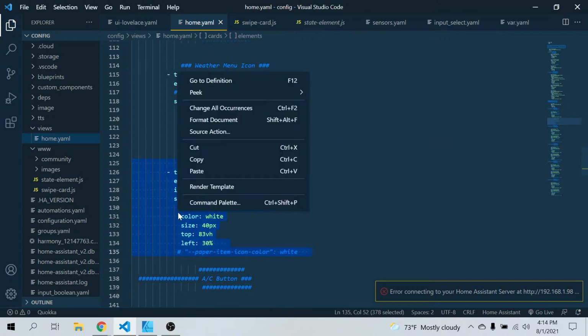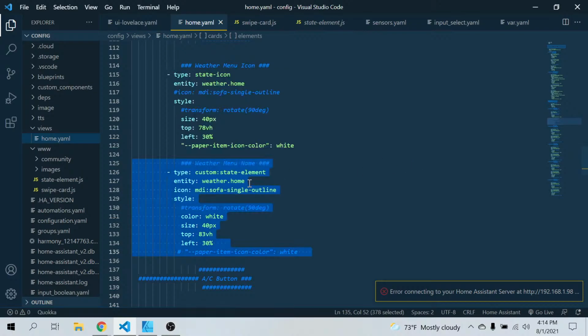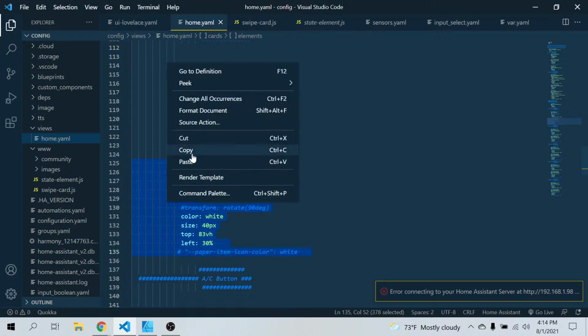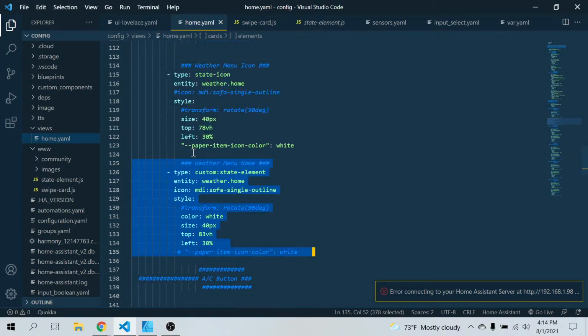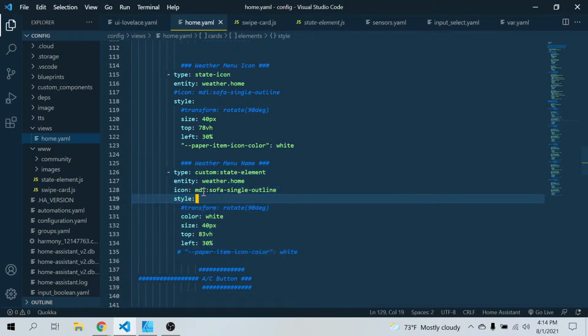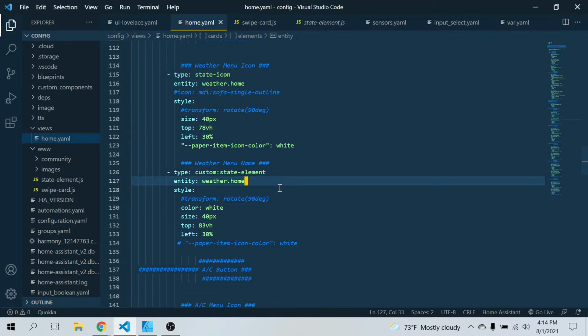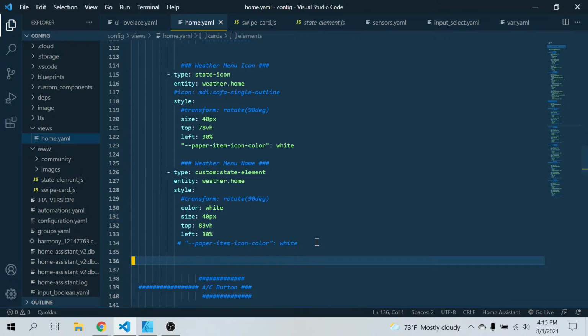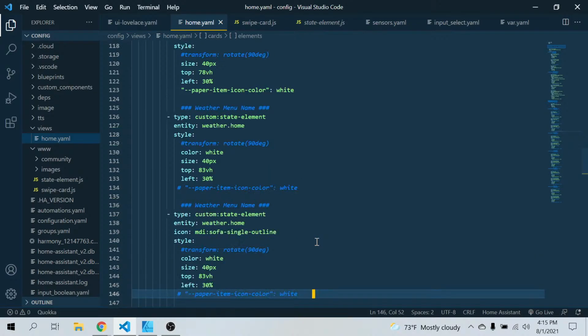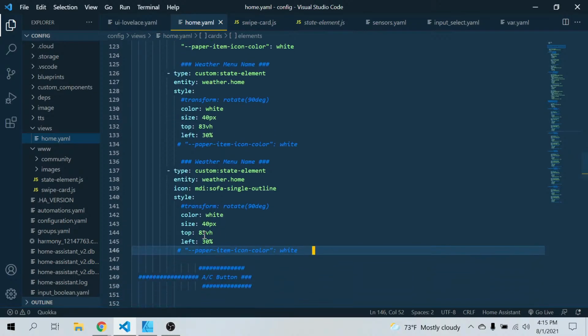Yeah, that's the actual element, and that can get deleted. So on a state element,